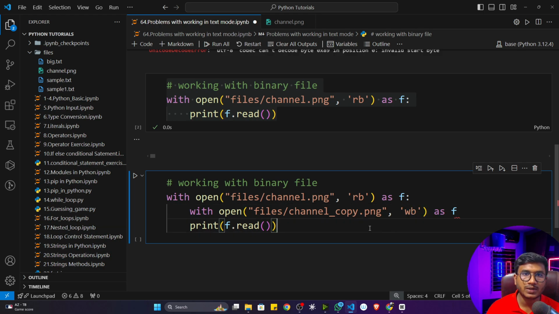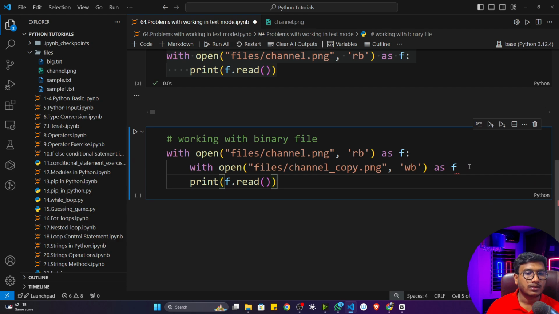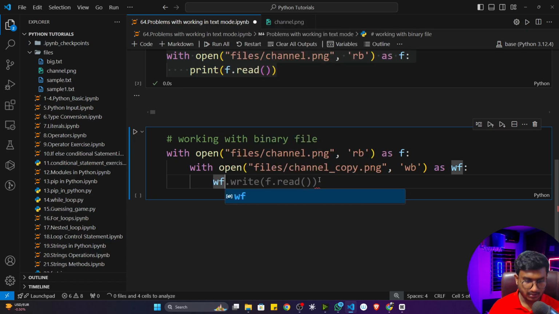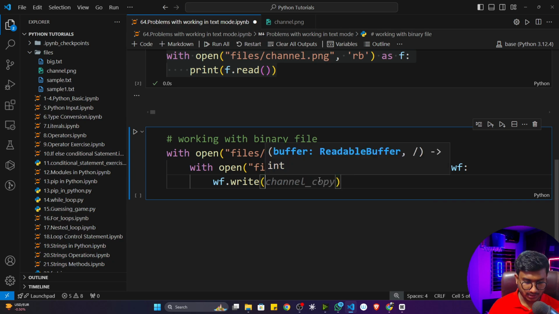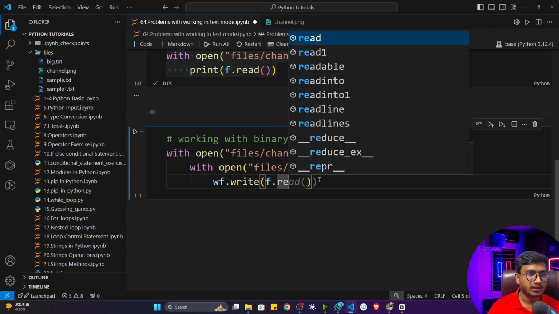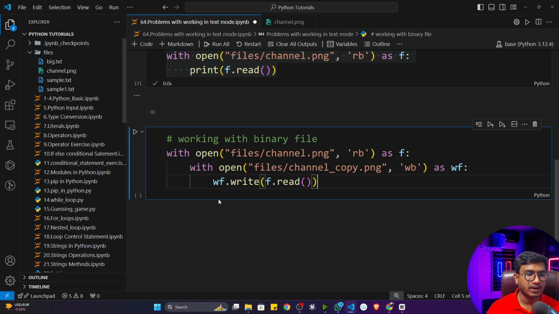That means I want to write this binary object. Instead of f, I will take wf, that means write file. Now inside that I'll write wf.write, whatever we are reading, f.read, and write it inside this file.